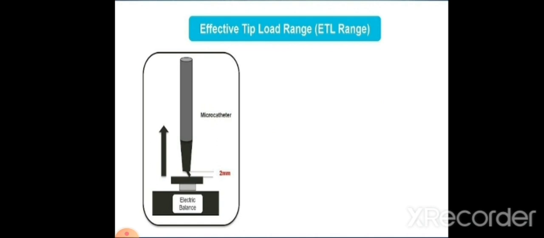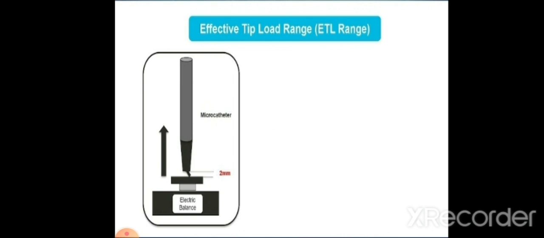And this 12 millimeter distance is a critical distance for every guide wire you use. If you divide this 12 millimeter distance into 6 parts, each part is 2 millimeter,